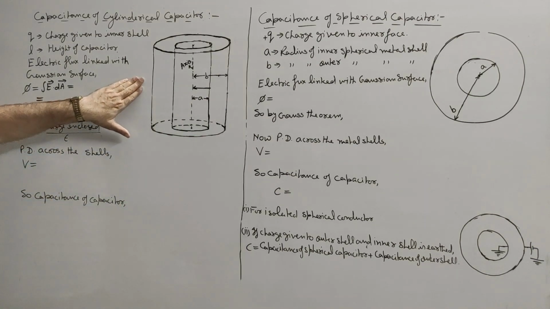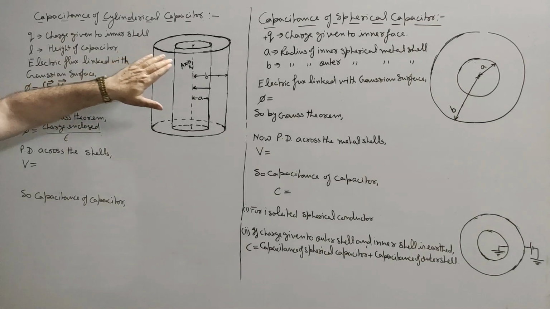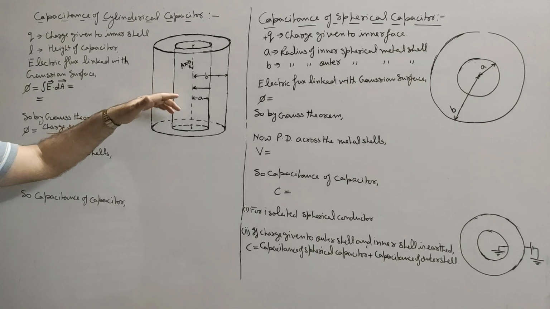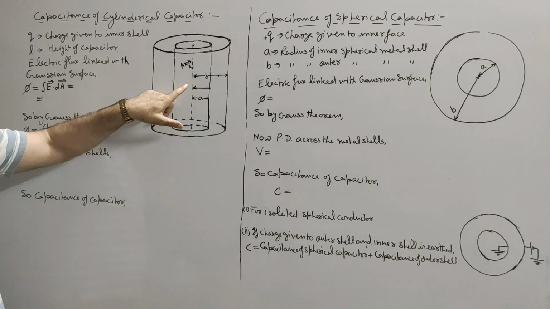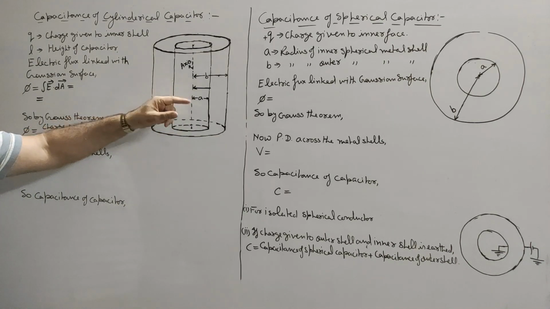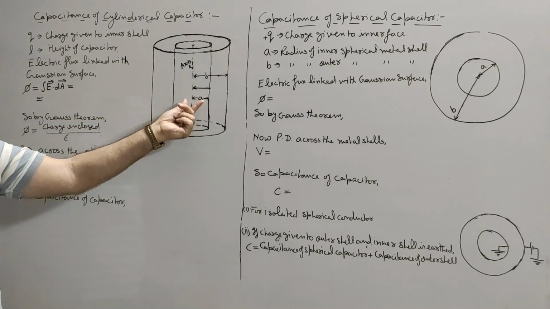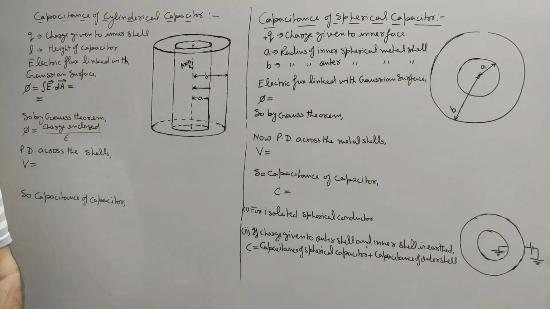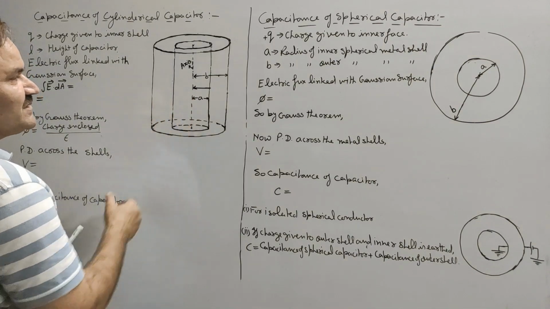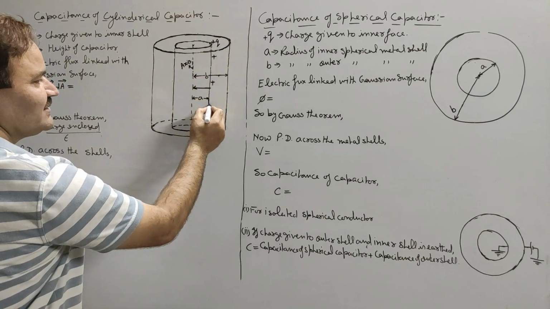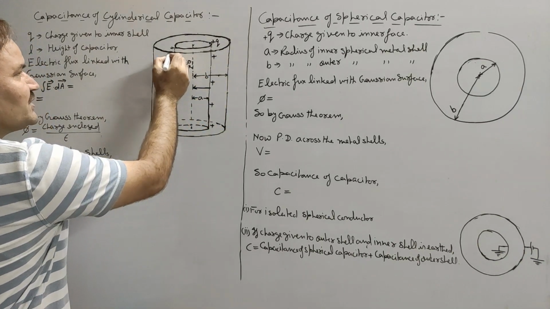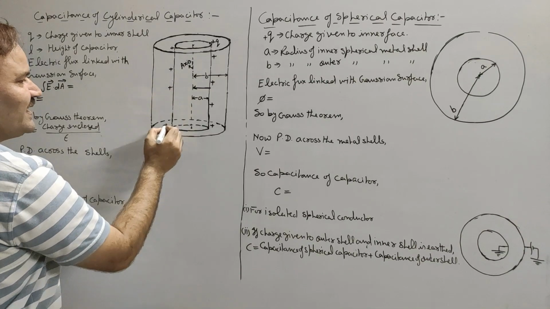Say first we are finding the capacitance of cylindrical capacitor. This cylindrical capacitor will be having two hollow coaxial cylindrical shells made up of conducting material. Inner shell is having a radius A while outer shell is having radius B. In this capacitor, charge plus Q is given to its inner shell, so it distributes uniformly over the entire surface